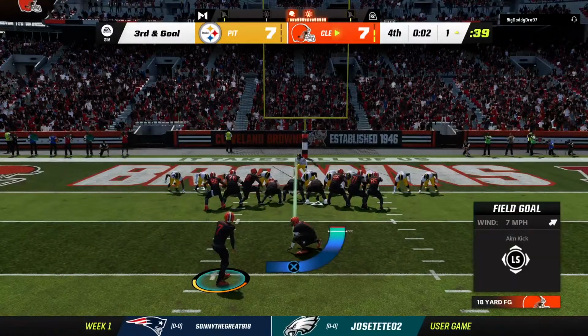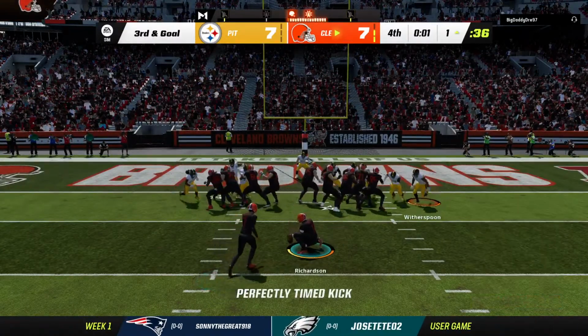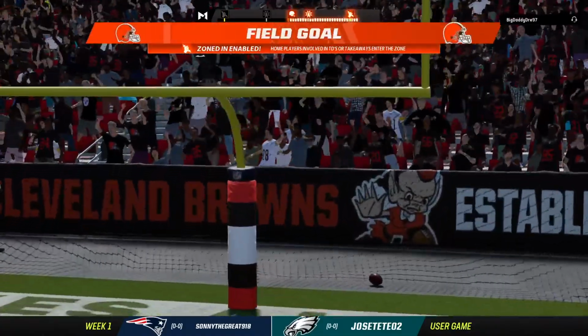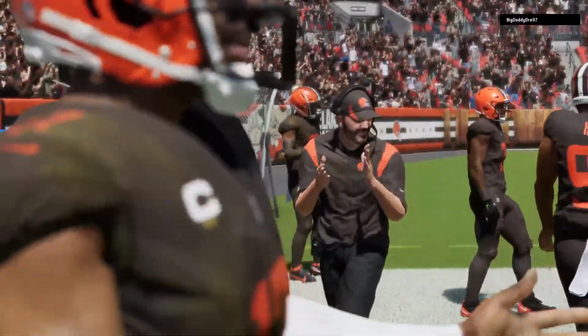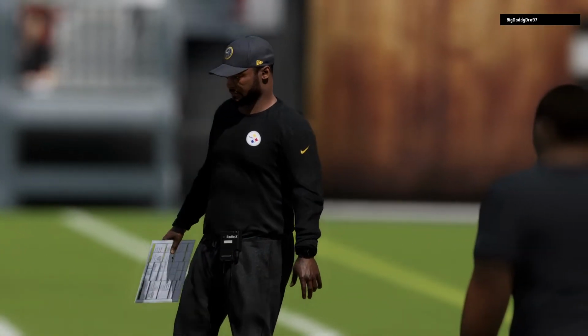And now this game's going to come down to the right leg of their kicker. 2 seconds on the clock. This for the win. And it's good! And on opening weekend, a field goal to win it as time expires. And the Browns...